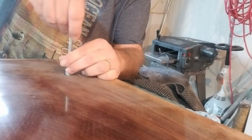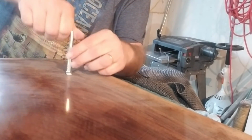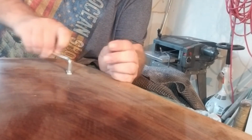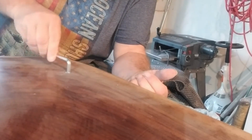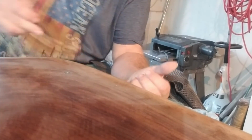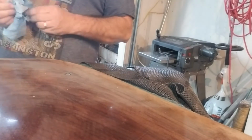But yeah, that's pretty much it. And so just as you saw, I put a little thing of glue on there. Just got it around the edges of the threads. Used my fingers to do that. And what that'll do, if nothing else, it'll swell up the wood in here and make it a little bit tighter around the edges. I would say though, usually on my inserts,